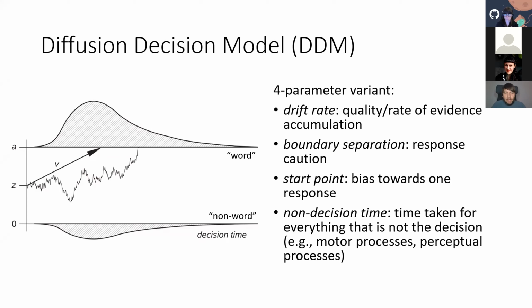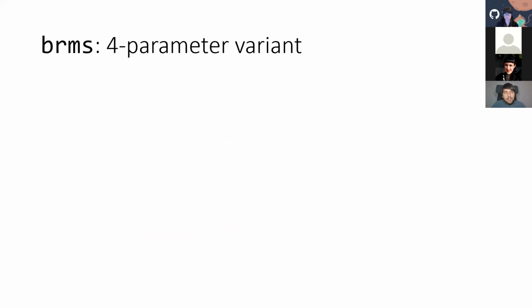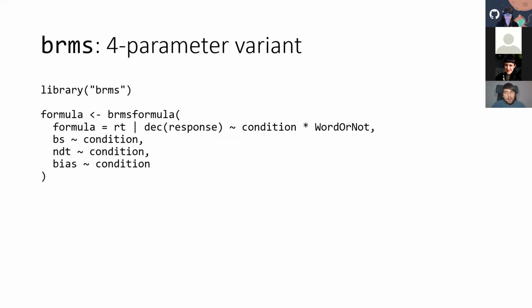This is the relatively standard DDM. And the good thing is this is already implemented in brms. So if you want to use this, you can go ahead and use brms. Just load the library brms, and then you can essentially create a formula for each of the 4 parameters